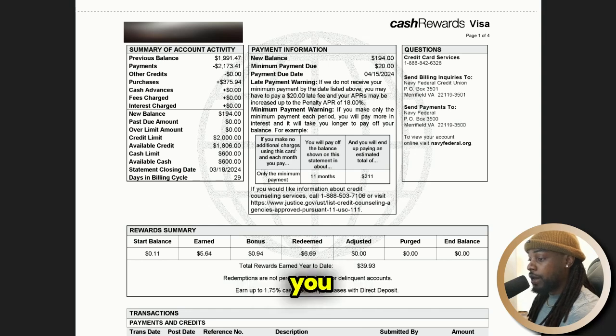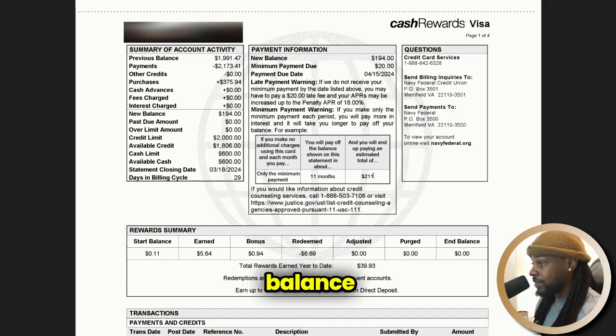For example, if you make no additional charges using this card and each month you pay $20, you will pay off the balance shown on this statement in about 11 months, and you will end up paying an estimated total of $211. So if you were only paying the minimum payment every single month on a small balance like $194, it would take you almost a year to pay it off. And not only that, you would pay over 100%, which means I would pay more than I actually had for my balance. So that's just a really small example of why you need to be cognizant of not just making minimum payments, and why